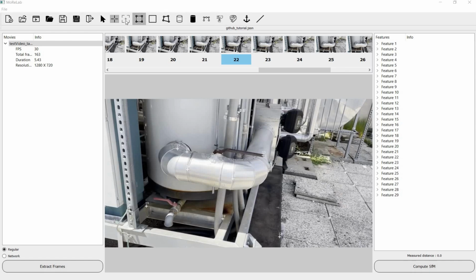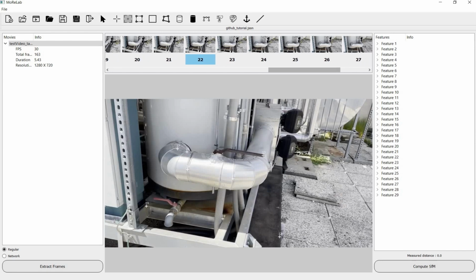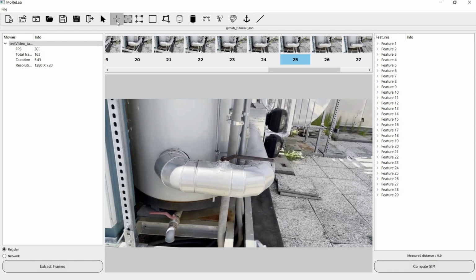Another tool whose usage I want to explain is this step feature tool. In order to explain its usage, I would like to go on an empty frame, and generally if you have the normal new feature tool in your hand and you double click the left mouse button, you will add feature number 1, a feature with label 1. But with this step feature tool, it will look at the maximum label of all the previous features. So in this case it is feature 29, and so it will add one increment to the maximum label. So if I double click here, it will add feature number 30, and similarly it will go incrementally like this,